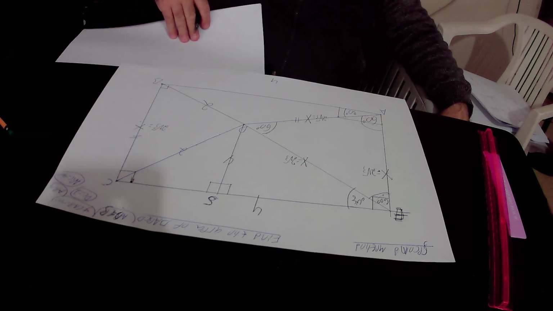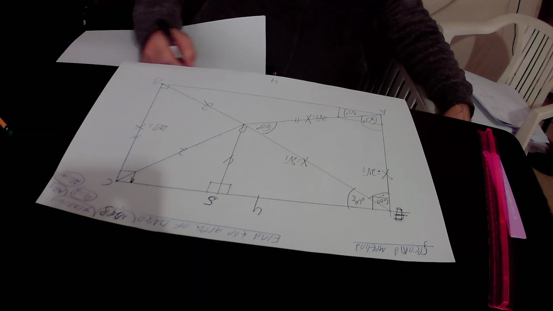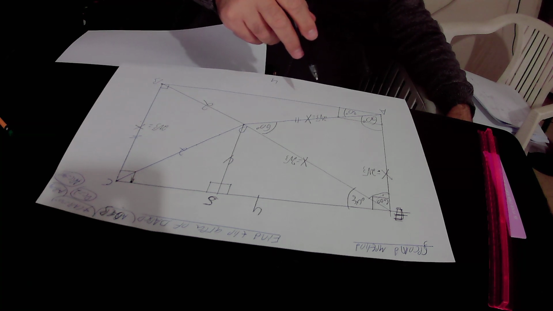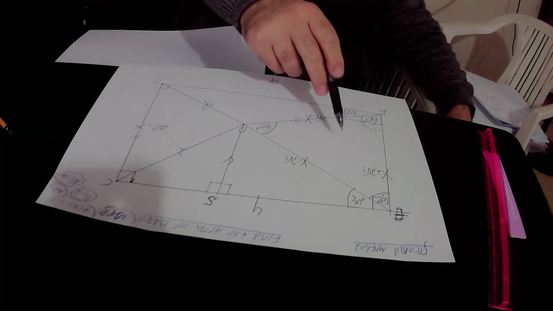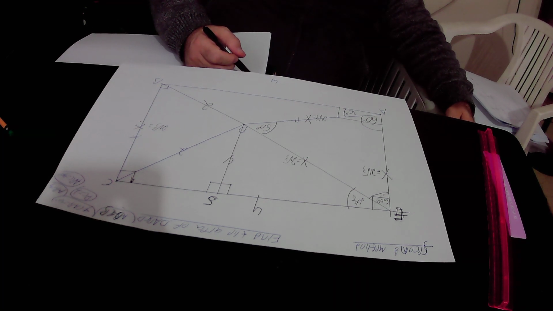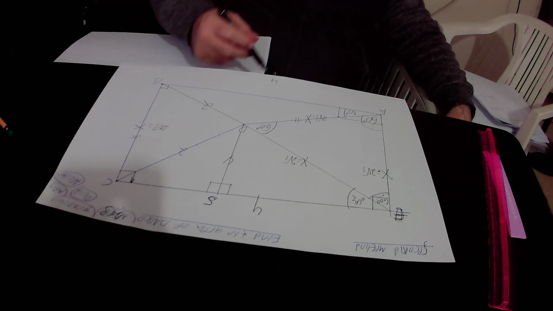What is the area of triangle DEA? We will calculate the area of triangle DEA according to a special formula. First of all, we will find out the semi-perimeter of triangle ADE. What is the semi-perimeter of any triangle? The semi-perimeter of any triangle is the perimeter over 2. And the perimeter